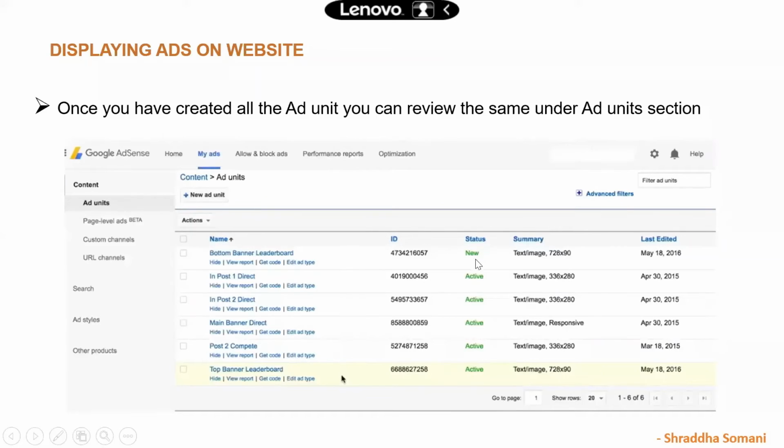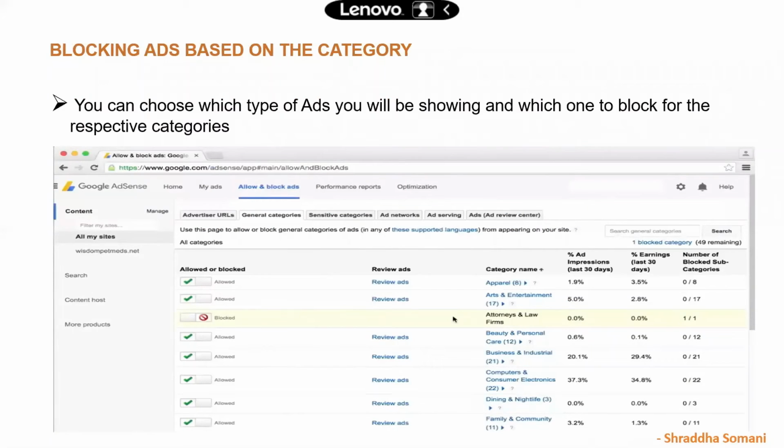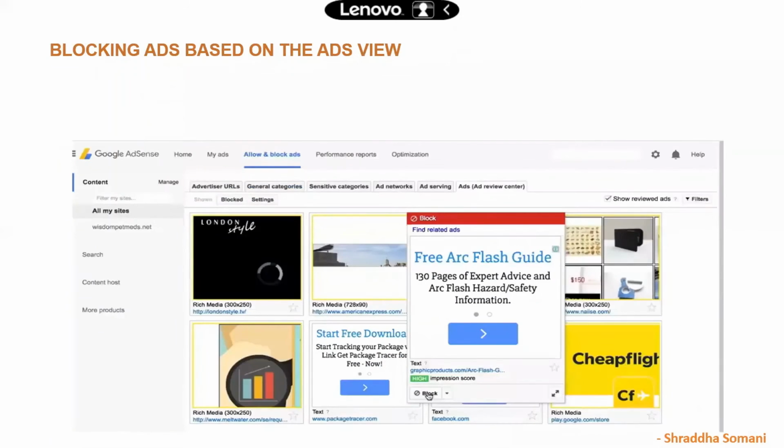Okay, so whenever the ads are coming and being displayed, I can see which kind of ad units I have created over here. That is all I can see. I can control the ads. That is the blocking control that we have seen, right? Once the ads start showing on your AdSense account, you can see all the advertisers' ads over here, and you can block the ad.